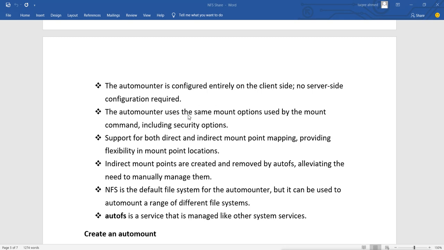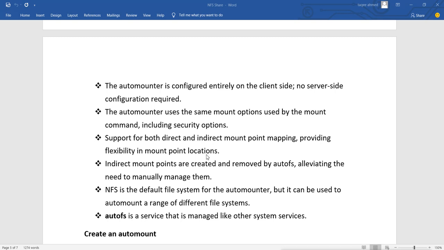The auto mounter uses the same mount options used by the mount command, including the security options. So what does the auto mounter do? It will use the same mount command to access the NFS share, including all the security options we have configured on the server. Then there is support for both direct and indirect mount point mapping, providing flexibility in mount point location.